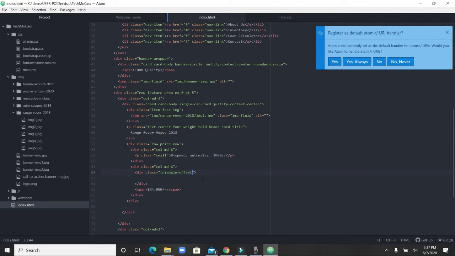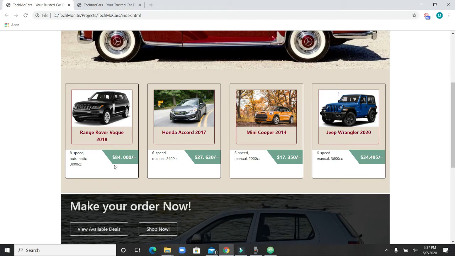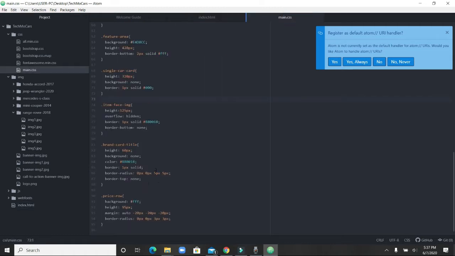So basically what I want to do is draw a triangle and merge it with a rectangle to come up with this shape, like a triangle from here to here, and then the rest of it is a rectangle. So what I'll do is add some style for this triangle offset of mine. Maybe I can just copy it first and add it to my CSS,